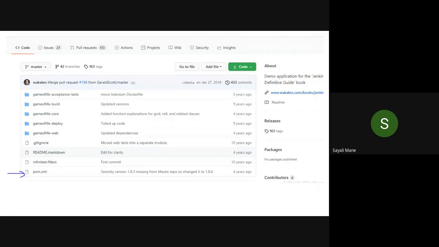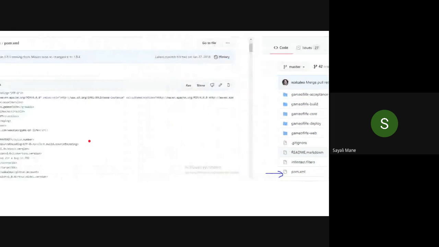Suppose when you go for the placement for DevOps or advanced DevOps, and they give you a list of files and ask you to identify which one is a Maven project and which one is not. What is important is to just check whether the pom.xml file is there or not, because pom.xml file is the heart of Maven. If this file is there, then your project is related to Maven. If the file is not there, then it is not related to Maven. Okay, understood?